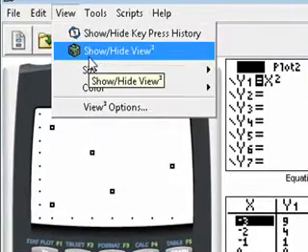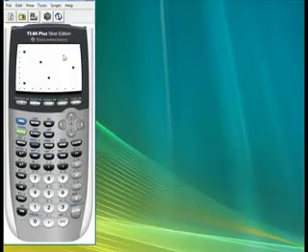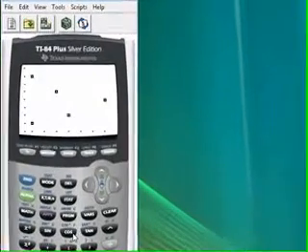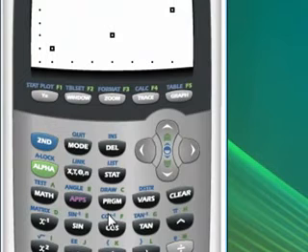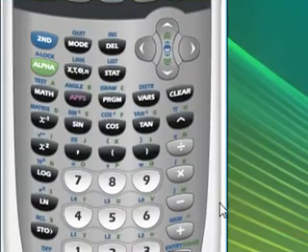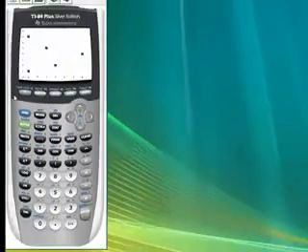And there we go, I can show and hide that view cube, all those menus. But if I just want the calculator up there, I can show that. If you're just teaching, if it's your first time teaching, the key history is really helpful, especially if there are a lot of steps. But once they're familiar with it, you can use it for basic calculations just using that